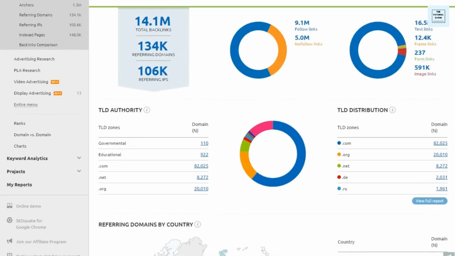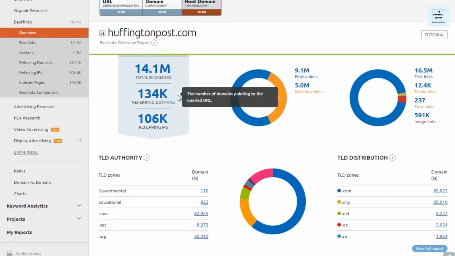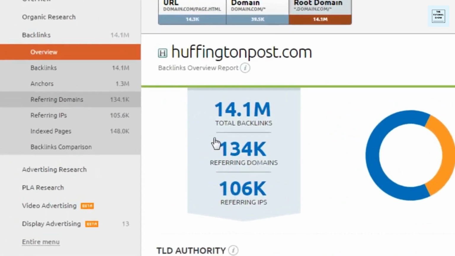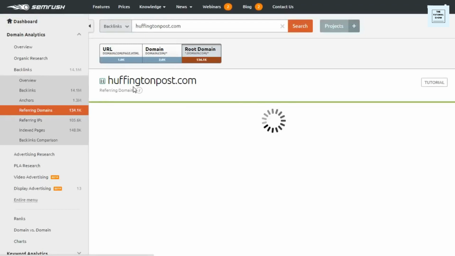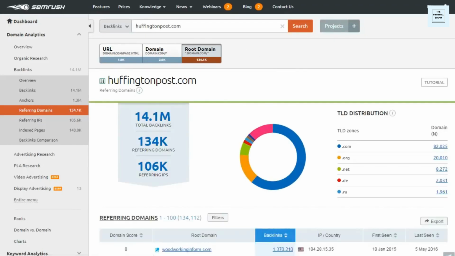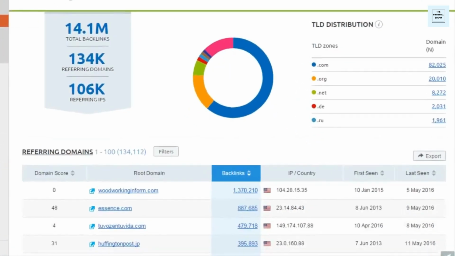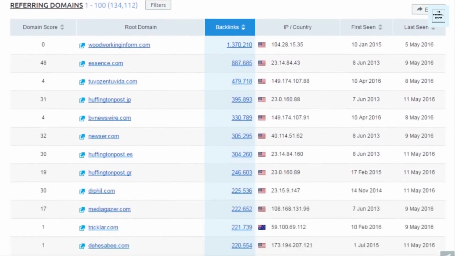We can see where these domains are coming from by country, but we want to take a closer look into the referring domains because this is where we're going to be able to see the actual backlink sources. Here it's a good idea to look for relevant sources that are related to the industry that we're in. We can look for forums or online communities or guest post opportunities, social links, directories, anything that's going to give us a good idea of what we could do moving forward. And it'll also help us to see if our competitors are active online in certain communities.